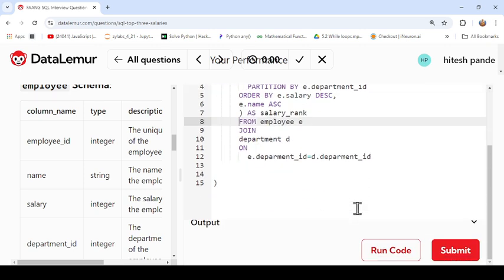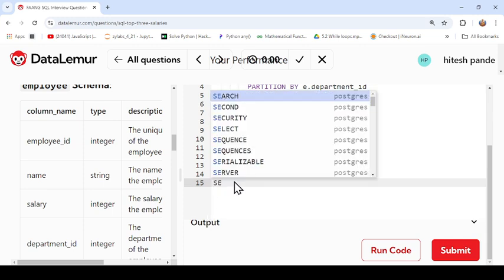So now we had completed our common table expression. So now we are writing one more query through which we are getting the actual output, and the logic is written in the common table expression. So now we are writing the actual query,